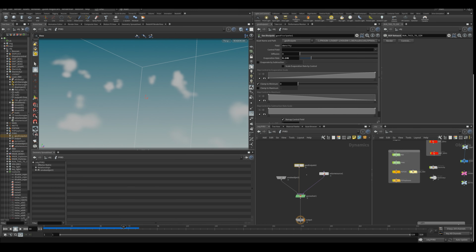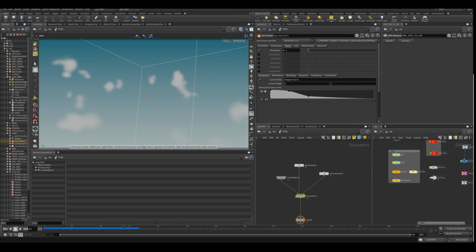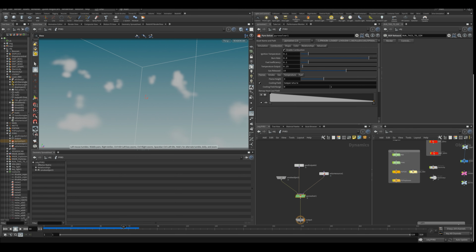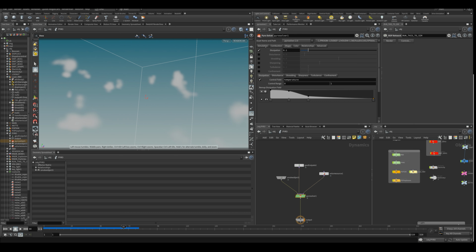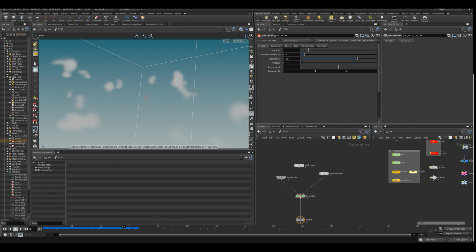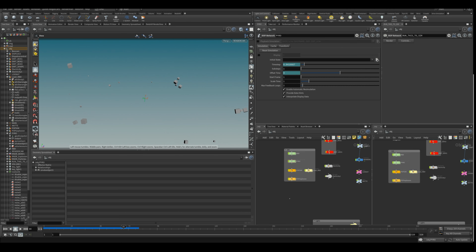And apart from that, there's not really a lot going on. I'm dissipating the stuff a little bit, and I think this is all set up with just default stuff. I'm not even doing much with turbulence at all. Just a very simple setup. All right, so then if we dive into our PopSim thing here,